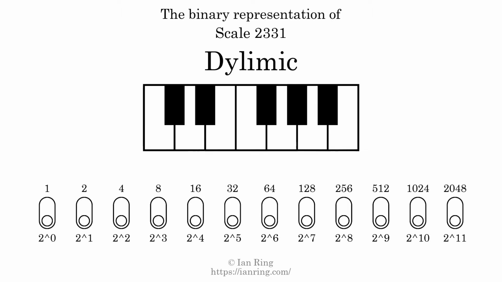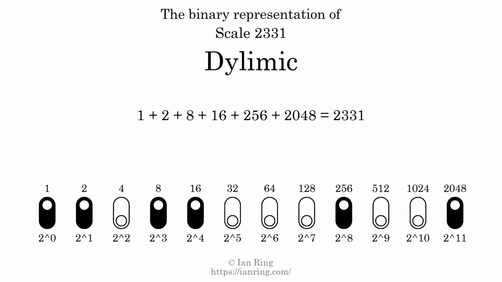The binary representation of this scale is determined by mapping tones of the scale to binary digits. Each binary digit represents a power of 2. To get the scale number, we add the powers of 2 together. The powers of 2 that are present in the scale, all added together, equals 2331. That is why the scale number, in decimal, is